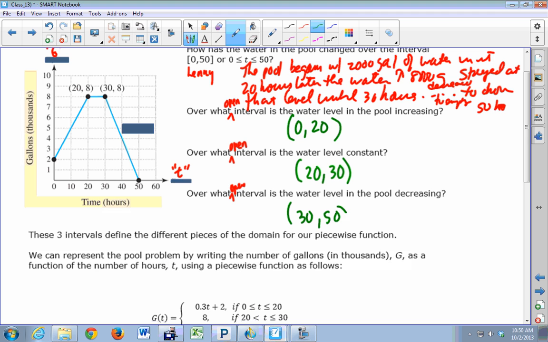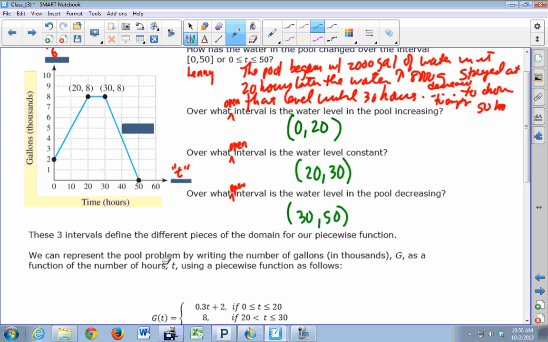30, 50. Okay. So if I gave you a question like that on your quiz on Monday, you would be okay. You'd be pretty cool with that, right? You could figure out what intervals are increasing, decreasing, and constant. Okay. So some people tell this story, and if you notice how